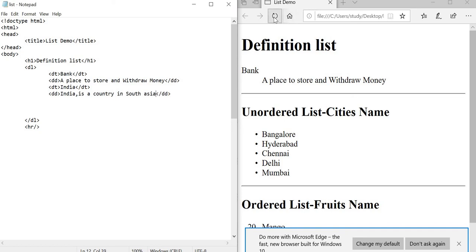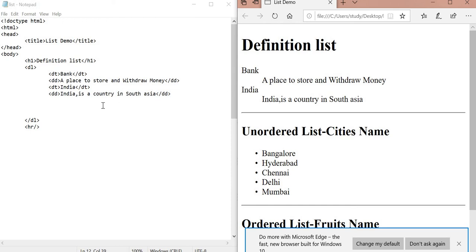Refresh this one. So you can see, give one space after this one, save this one, and definition list. So this is your definition term and this is your definition description.